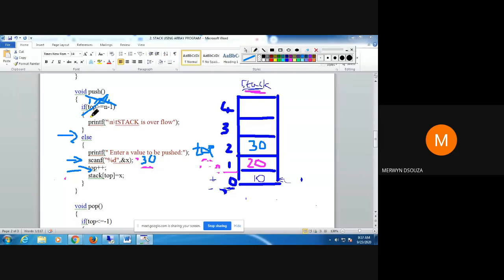Again when you call push, this condition is not true. You come to the else part, you take another value. So suppose you take the value now as 40. Increase top, so now top will become equal to 3.